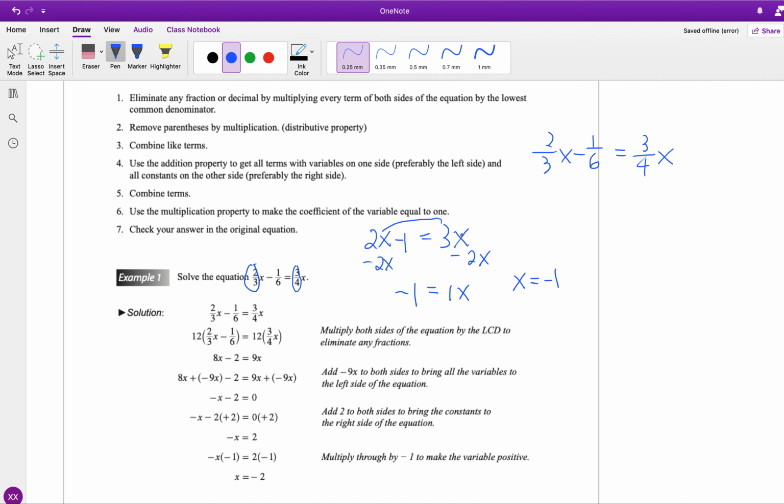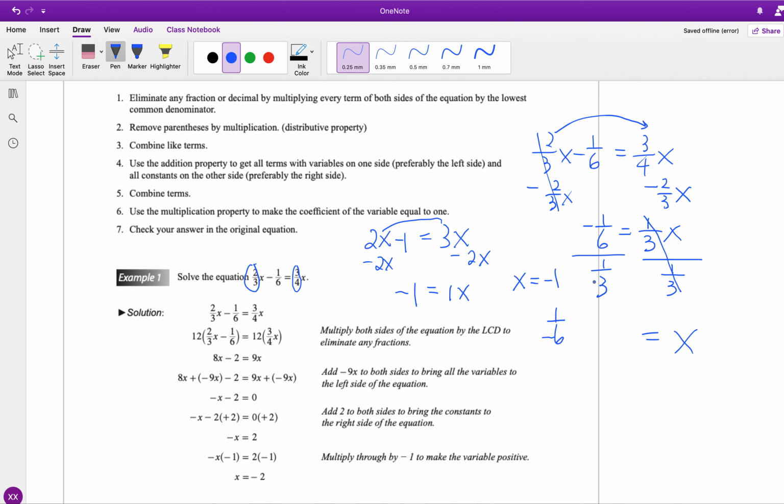Now, using the same logic here, we're going to move this x over to this side by subtracting 2 over 3x, subtract 2 over 3x. So then this is gone. On this side we have negative 1 over 6 left. On this side, doing the subtraction, it becomes 1 over 3x. Now divide by this whole 1 over 3, divided by this whole 1 over 3, so then this is canceled out. Now my x equals negative